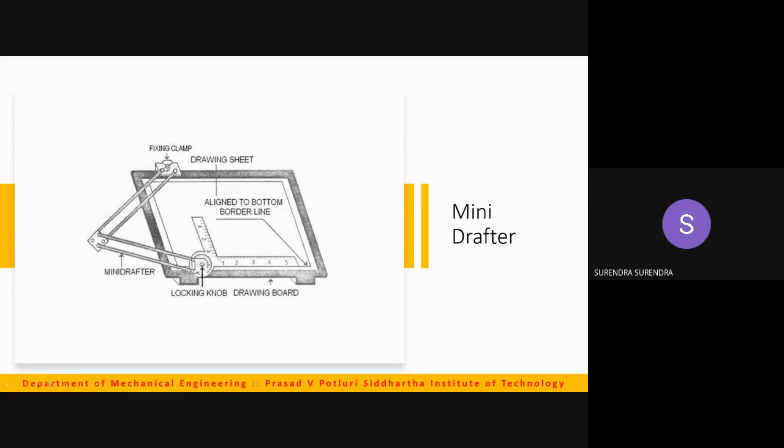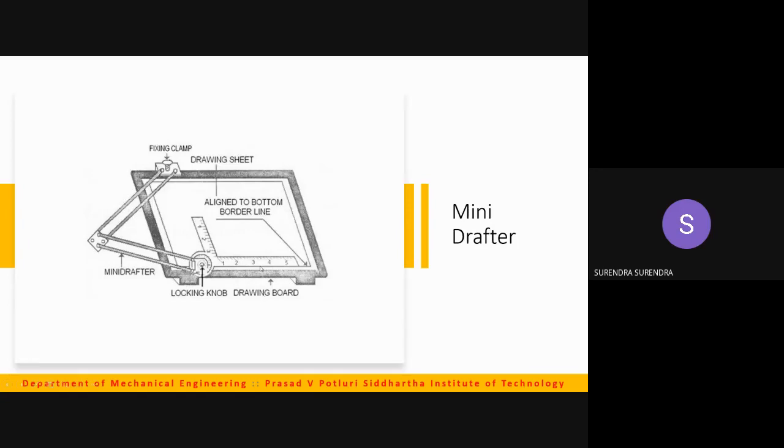See, the fixing clamp, in most of the cases, preferably fix it at the left hand side top corner. So here we'll be having a fixing clamp. Tighten this clamp. So tighten it well so that it should not move relative to the table. So after fixing, in the drafter you will observe two scales, a perpendicular scale, one long and one short scale. So fix the long scale in horizontal position such that the margin of the scale and sheet must match, they coincide. So it should coincide.